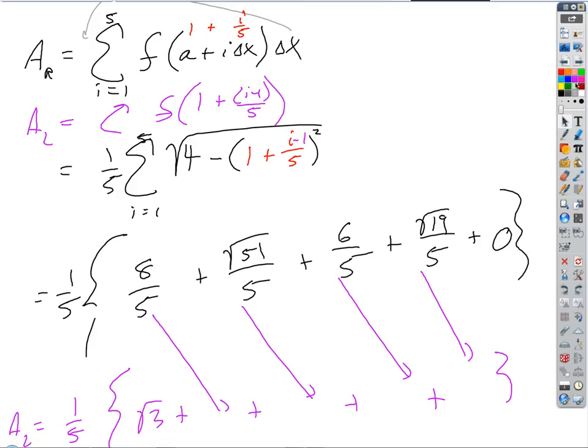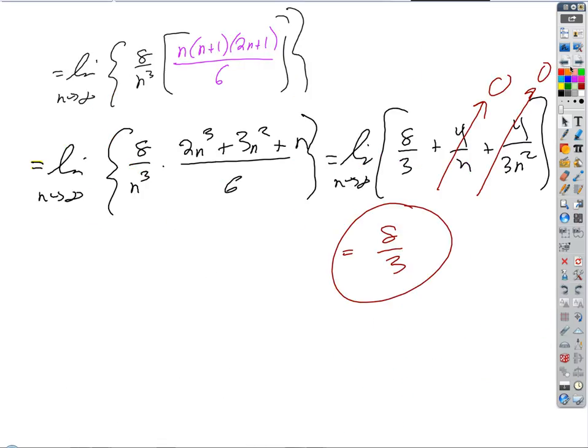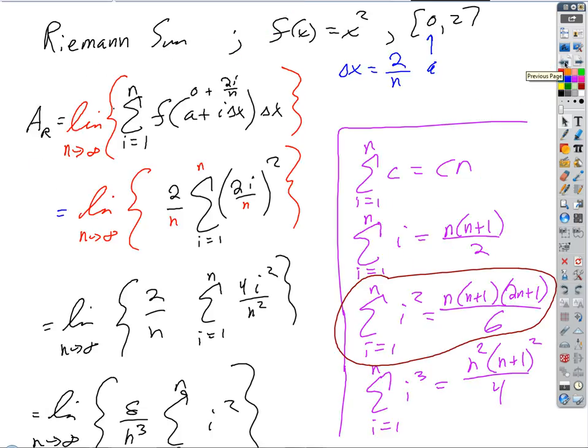But what we want to do today is take this a little bit further. What we ended up with yesterday is we said we could be tricky with this. If we wanted to, for example, add up the area under the curve f of x equals x squared on the interval from 0 to 2, we could let the number of rectangles approach infinity, and then the upper and lower sums would converge on the exact answer. And for those of you who didn't get a chance to see this yesterday, there was a pretty cool little